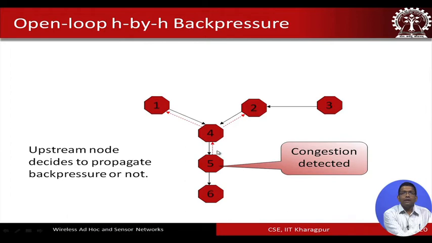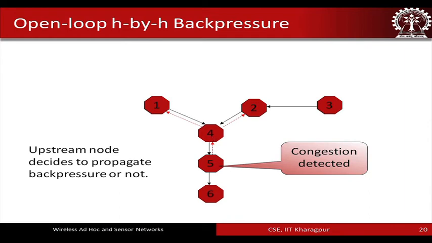So then this particular thing is notified to the neighbor node 4. This red colored dotted arrow basically shows that it is notified to the neighbor which is towards the source node, right. Basically this neighbor is the one from which 5 had received the packet. So it has detected congestion, so it will notify this node 4, and from here then what we have is